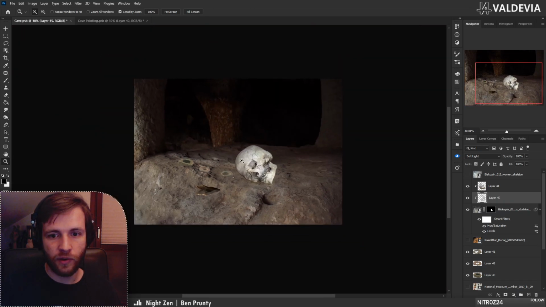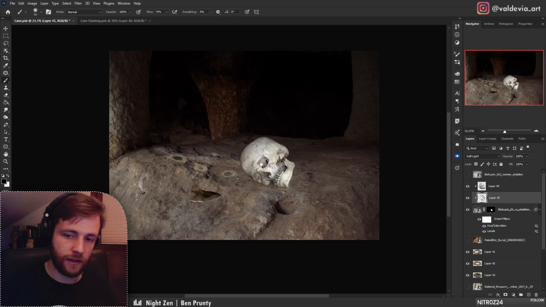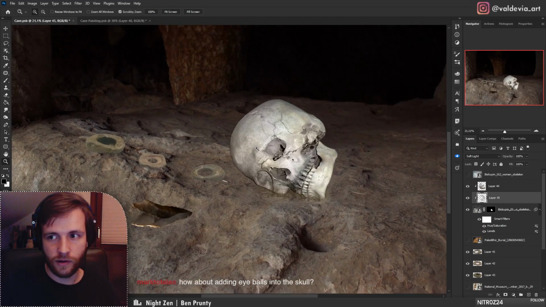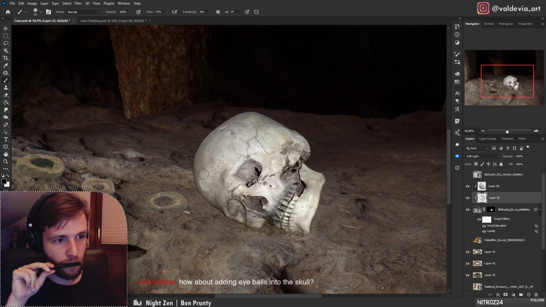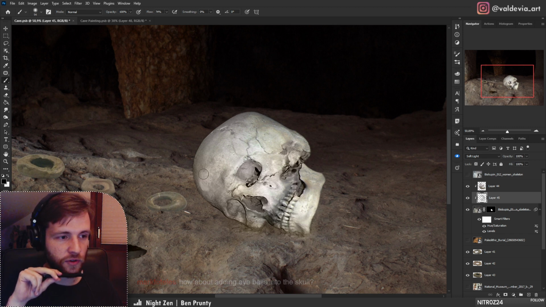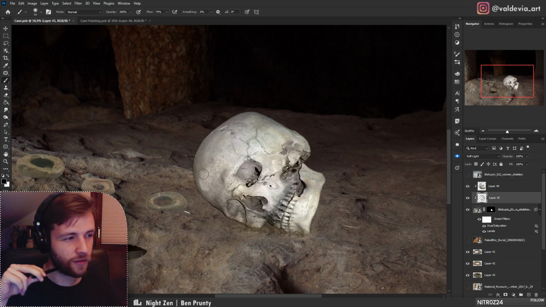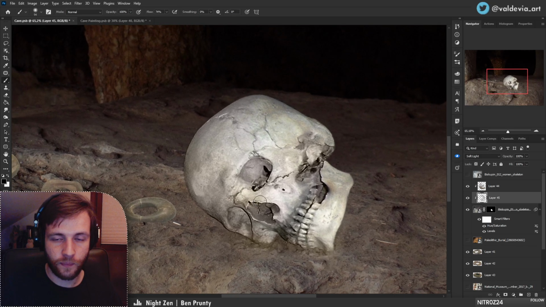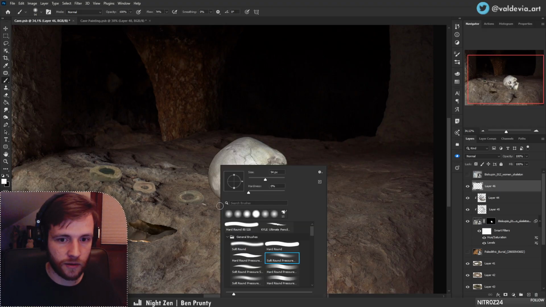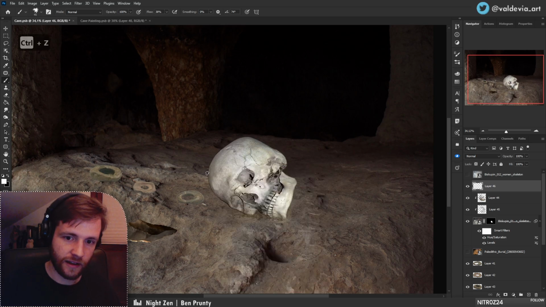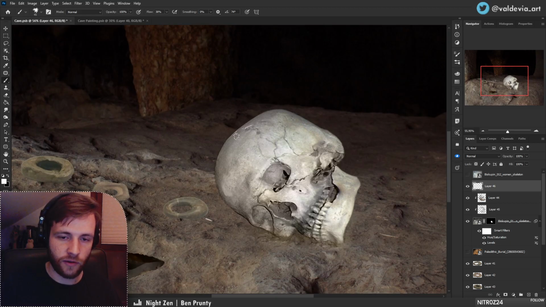Okay, so I think that's a nice base. It'll do well for the base of this skull. But adding eyeballs into the skull, I mean, there's some sort of bug eyeballs or something like that that could have survived for thousands of years. But for now, the idea, and I'll just do a quick little sketch here, is to add some bug-like features to this. So I was thinking perhaps